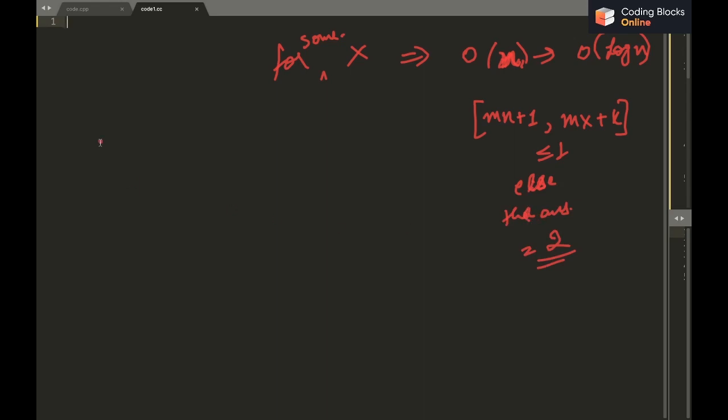Now you see that mn plus 1 to mx plus k is a continuous range with L value equal to mn plus 1 and R value equal to mx plus k.